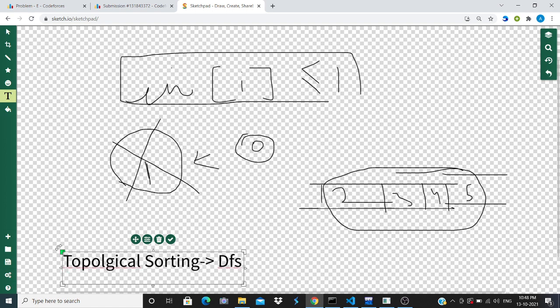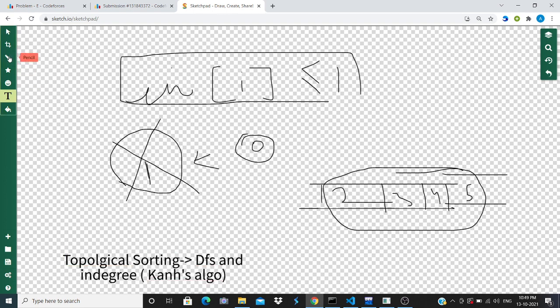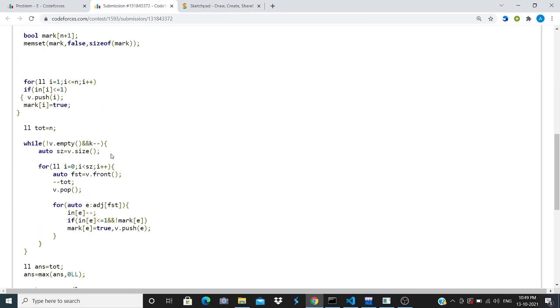One is by DFS, and another one is this in degree method, which is also known as Kahn's algorithm, right? So if you know how Kahn's algo works for doing topological sorting, it will be very easy for you. So that was it.